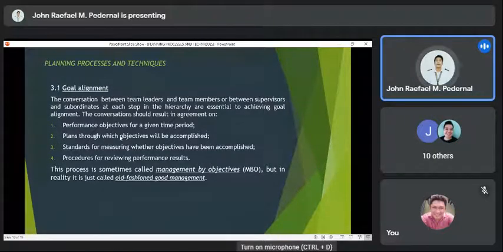Number 2, plans through which objectives will be accomplished. Standards for measuring whether objectives have been accomplished. And the last is the procedures for reviewing performance results. This is the process sometimes called MBO, management by objectives, or the old-fashioned good management.